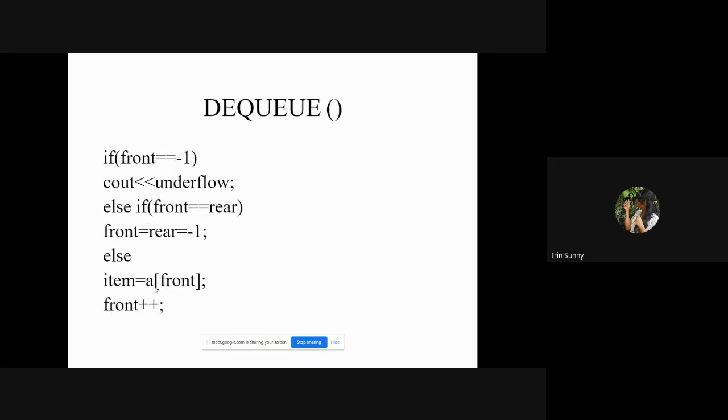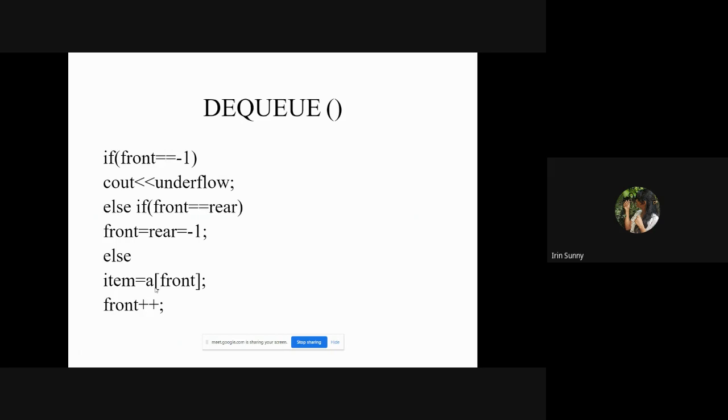Next, the dequeue operation. In the dequeue operation, first I have to check if there are any elements present, that is, front equal to minus 1. If front is not equal to minus 1, it means some elements are present. The next condition I have to check is front double equal to rear.